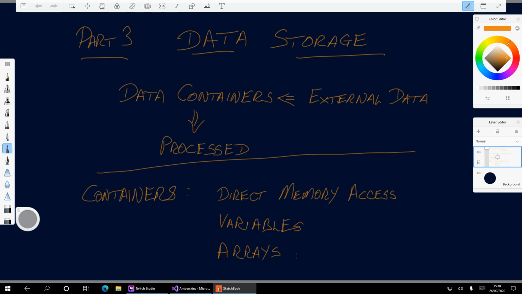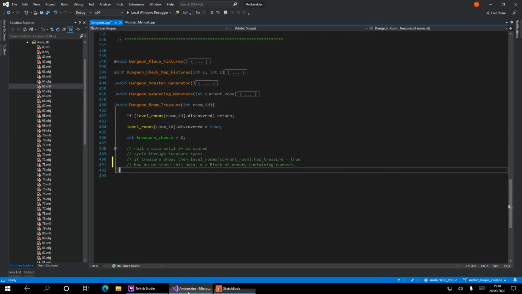So arrays is probably what we're going to have. So that is now going to equal arrays.